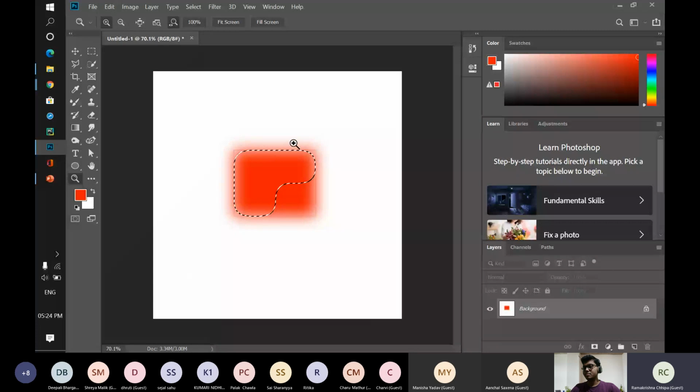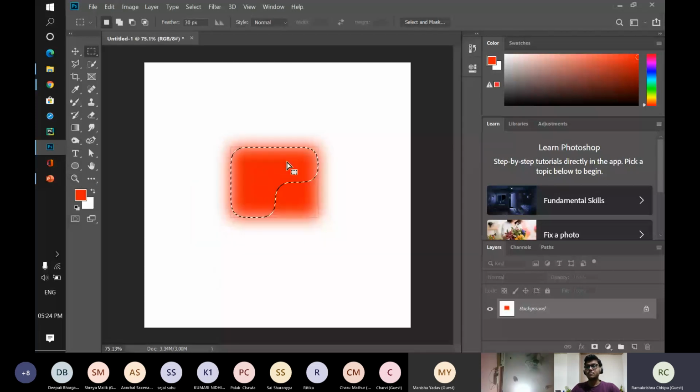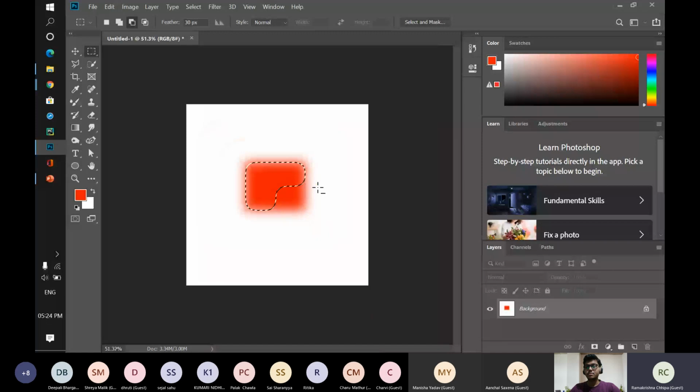Now to zoom in and zoom out, you have one tool here which is called zoom. But for a quick process, you can hold Alt and then use the scroll bar, so that you can scroll it, and